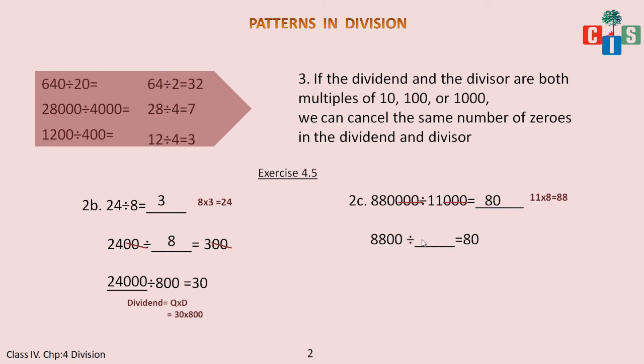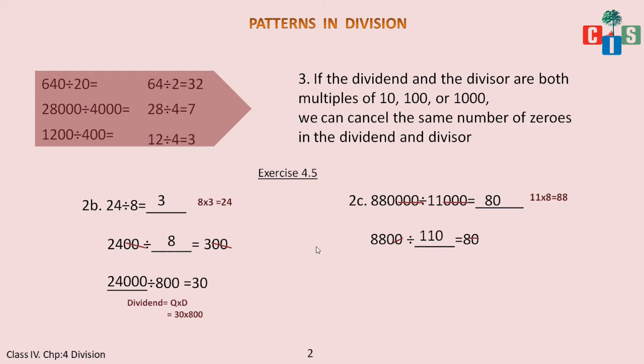Okay. Now in this question I have to find the divisor. So what I told you to find the divisor? For the divisor you can have the dividend divided by the quotient. And for that we have 1 zero each on both sides. So we will cut 1 zero from both sides and then perform the division. As you know that 11 times 8 will give me 88. I have 8 and 88. So my answer here would be 11 and 1 zero from the dividend. Are you clear with it?